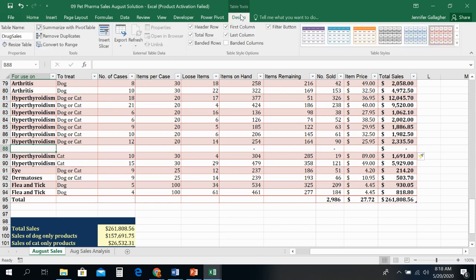And if I come over here to my Design Contextual tab, I can see that it's kept the structure, and I know it has too because I can see this little arrow down here in the corner of K95, and that's the resizing handle for renaming the table, and that is still there. So it will expand the range of the table for you. All right, so we're going to type in a new drug for our animals, SOLOXINE,